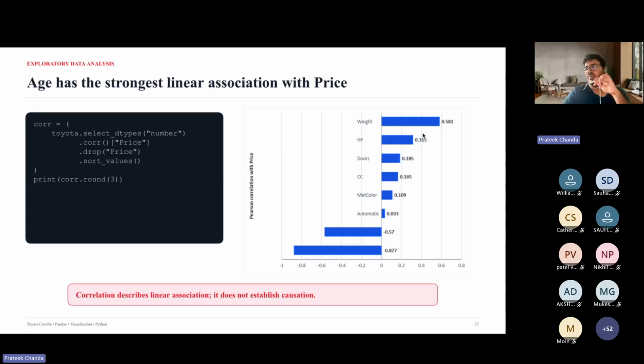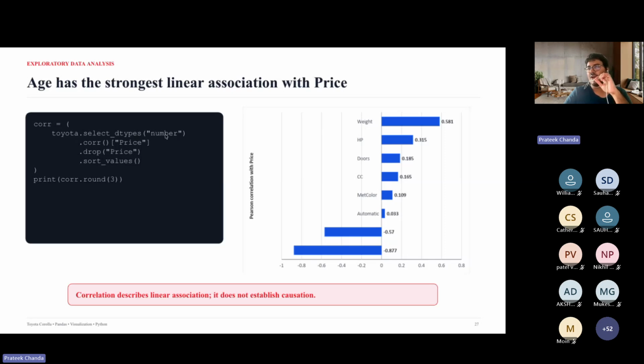So now coming to the data set once again, we will try to find some patterns in the data set. One of the patterns is that we are trying to find some kind of correlation between the price and age. For example, here we are selecting the data types as number.